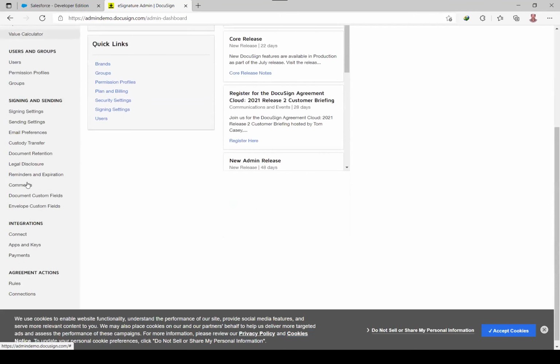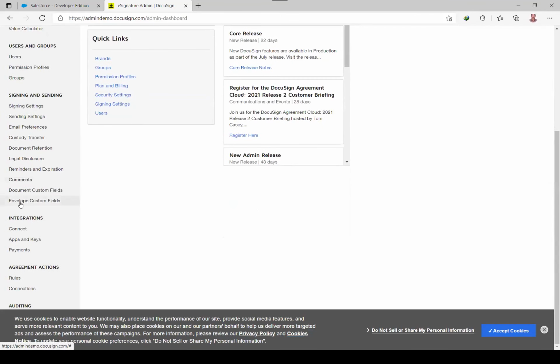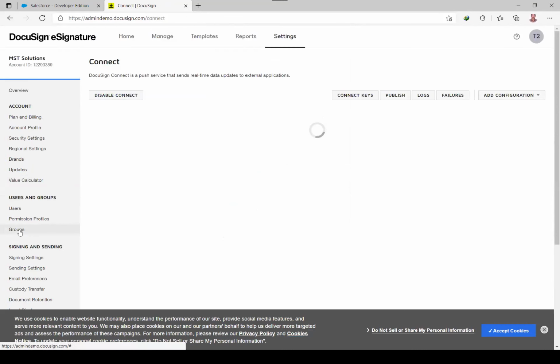On the left side, we have a separate section called integration. Under it we have an option called connect. In the DocuSign sandbox, I have already connected my Salesforce org.